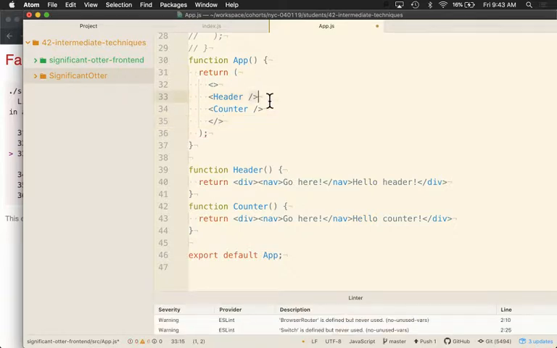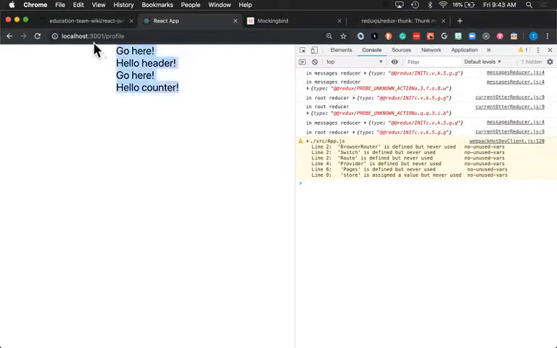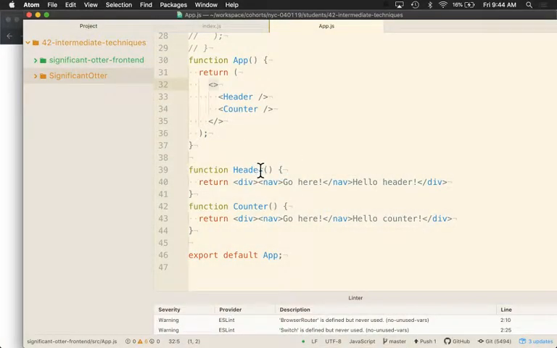This is an alternate syntax for fragments. If you haven't seen it, you can do React.Fragment, or you can just do this, basically, since they are nothing, this kind of makes sense. So I've got my 2 components here, my header up here, and my counter down here. And what I want to do, instead of having to repeat that logic in both places, instead of repeating this, putting this nav on the page, approach number